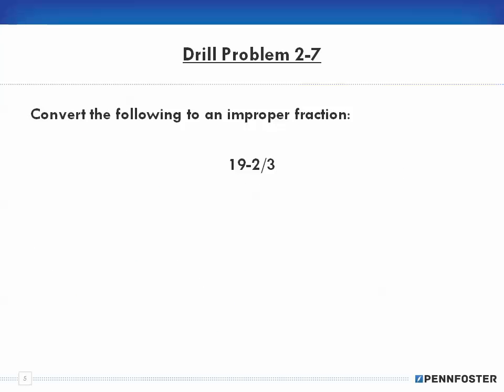All right, let's see here. Drill problem 2-7. Convert the following to an improper fraction. Okay, so in that last one, I was converting to a proper one, but to convert into an improper one, we do just the opposite. We take the 19, because that's a whole number, and since we're looking at this in thirds, we multiply by 3, so that's 27, that's 57, and we had a 2 as a remainder, so we add the 2, that gives me 59. So I've converted into 59